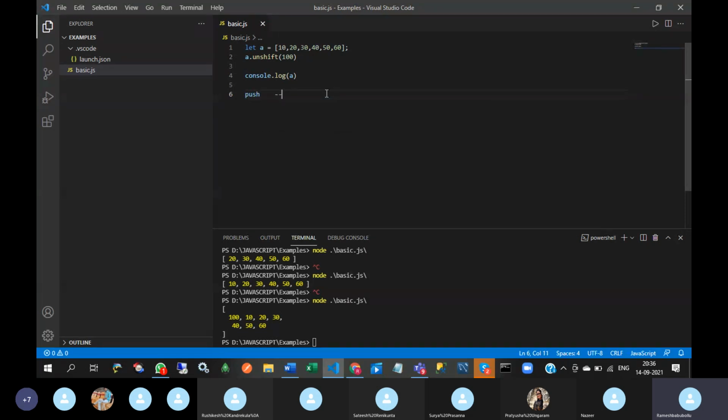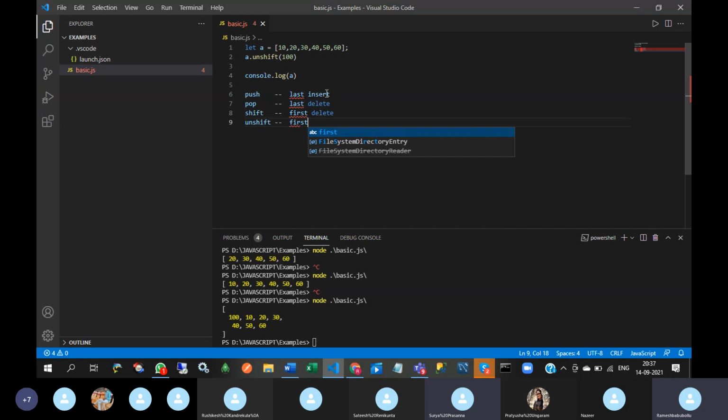Here there is a difference between push, pop, shift, unshift. Push means last insert. Pop means last delete. Shift means first delete. Unshift means, what is unshift?